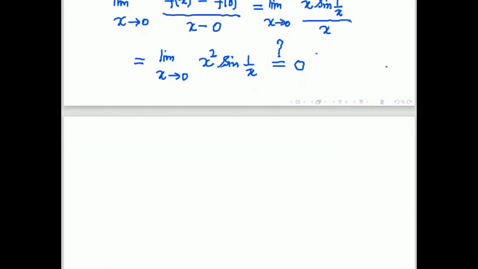So we can apply Sandwich theorem. It is very easy to prove by Sandwich theorem, because the sine function has values from -1 to +1. So on both sides, one is x square, another is minus x square, both are going to 0. So the limit is 0. Or you can even apply the epsilon delta definition also. That is also easy in this case, at least, because it is a bounded function. So directly we can tell that x square sine 1 by x is 0, because the sine value will range from -1 to 1 only. Yeah, in this example you can say.